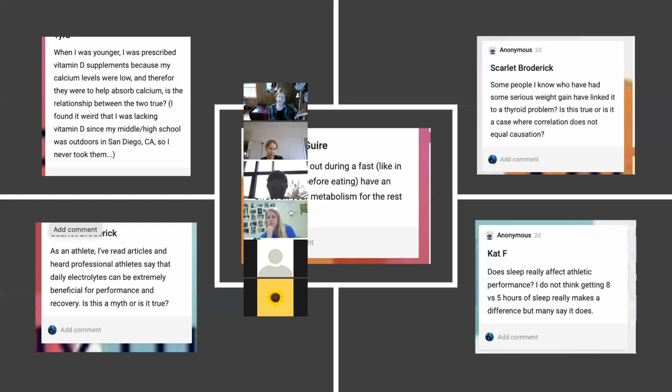Yeah, I know a few people who went to the doctor after they suffered from sudden weight gain, and a lot of them came back with thyroid medication. I don't know any more specifics than that, but I know they've been on the medication for a while and they haven't seen a change. So I was just wondering if...